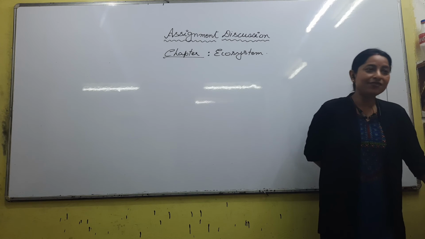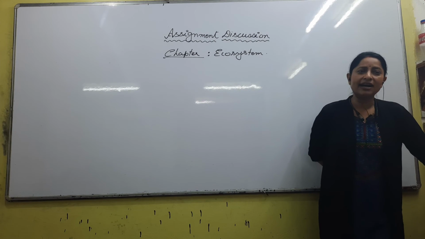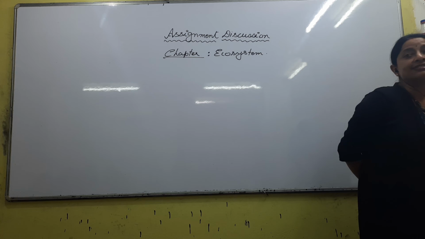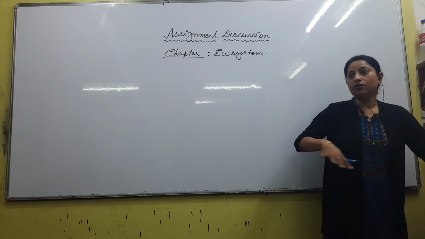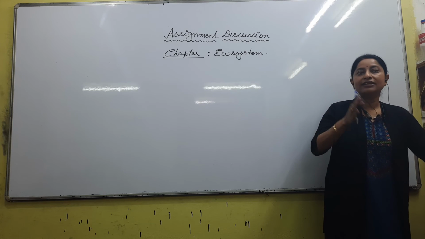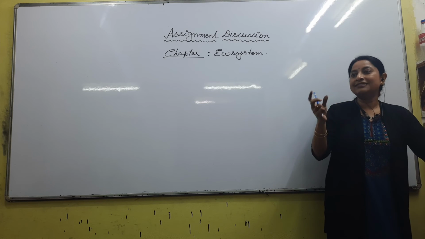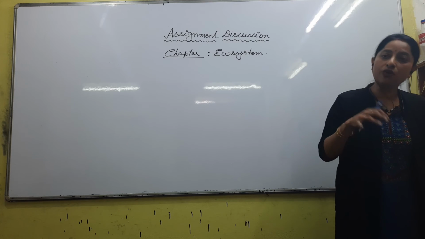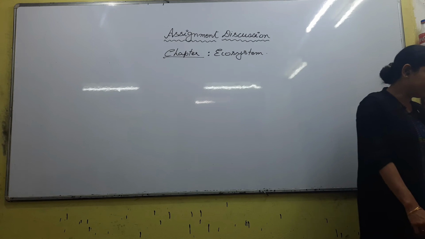Yeah, the first question is about hydrothermal vent. I don't know why it is given here. The answer would be B. Hydrothermal vent means we are talking about certain cracks present in the ocean floor. It is not continuous; you have certain cracks there. This area itself is an example of an ecosystem, because there are biotic and abiotic components, and many kinds of organisms, generally chemosynthetic bacteria.